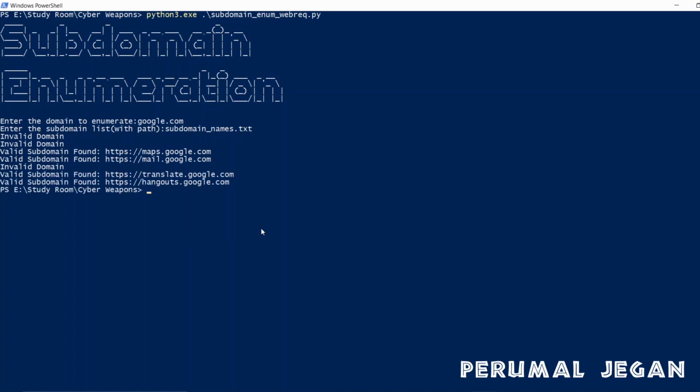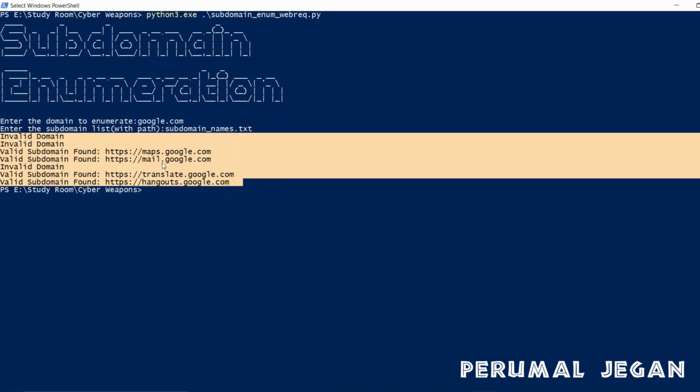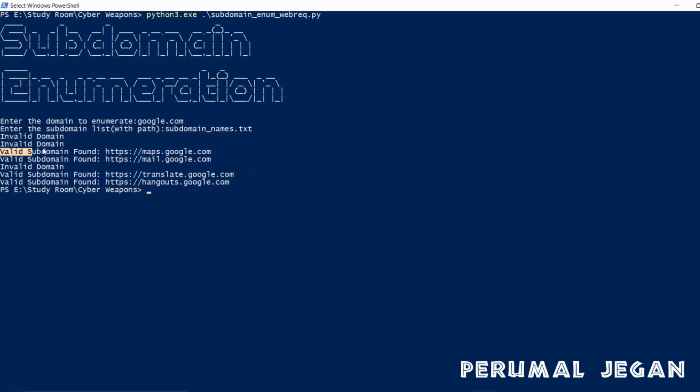Wow. We got the outcome. We only mentioned around 7 words in that file. It enumerated for the valid domains, valid subdomains, and once the valid subdomain was found, it wrote what the domain is. Wow, we got the results now. I said there are 2 methods. We can use web requests to enumerate, and also we can use DNS queries. We just saw how to enumerate the subdomains using web requests. Now let's do it using DNS queries.